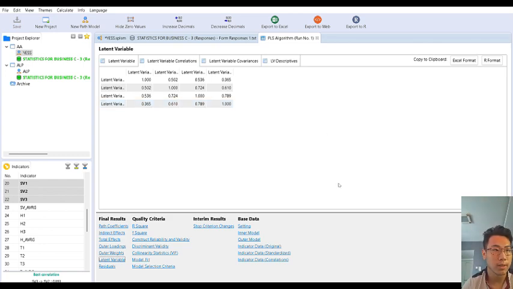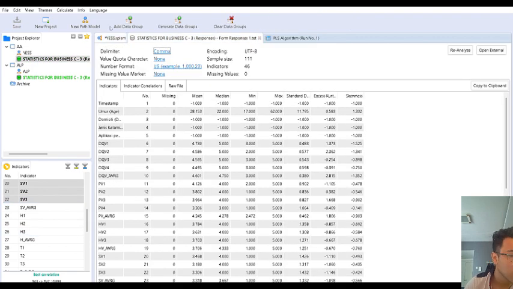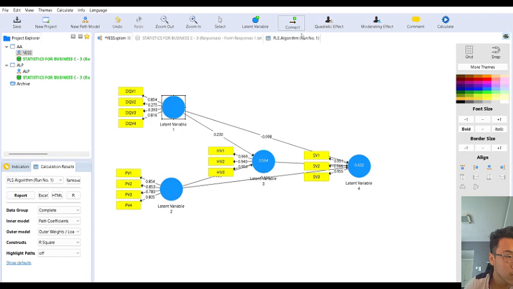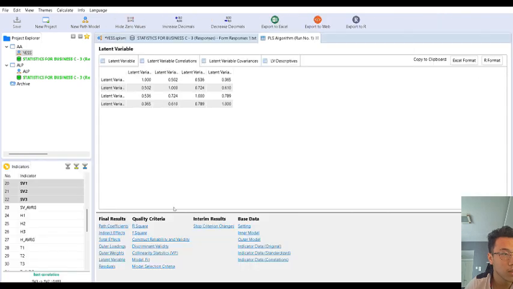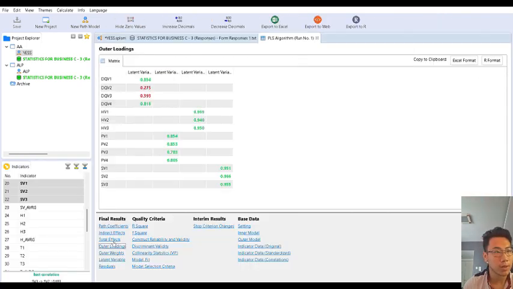So next we're going to find the outer loadings like this. There's a set of data. What we're going to do is remove the red ones to make the data more significant.